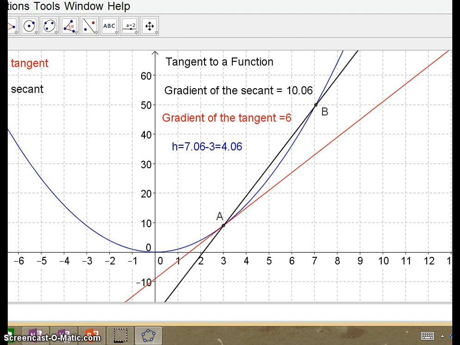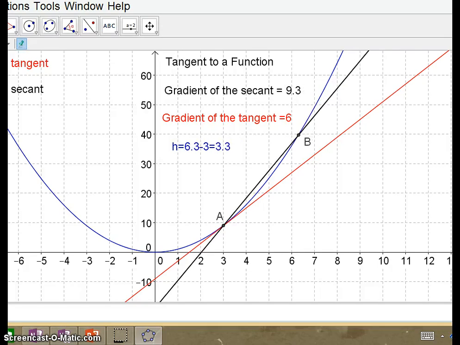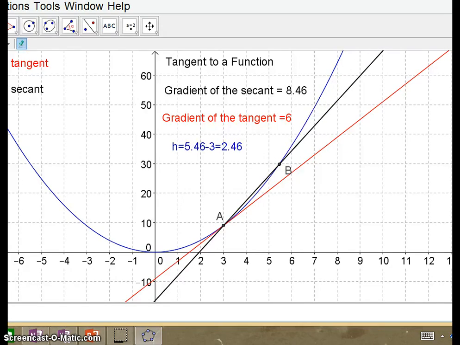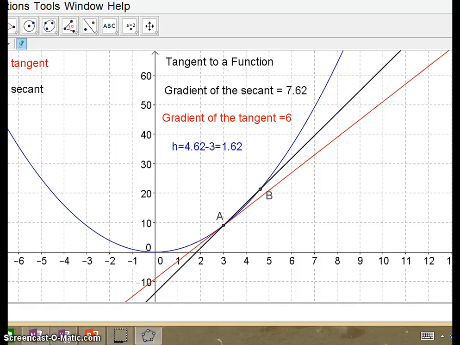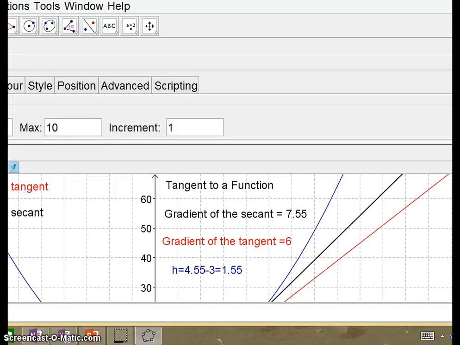Now, if I move point B down the curve, you can see that the value of h is decreasing. Here's the value of h. We can see that h is being calculated and it's now down to 2.46. If I continue to move the point B, we can see that h continues to get smaller. And we can also see that the black secant, as I move B, is getting closer and closer to point